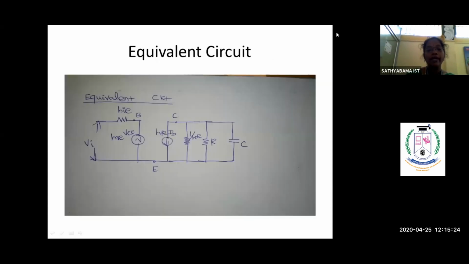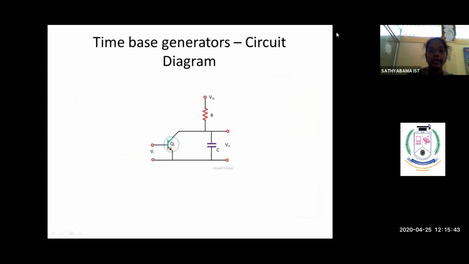For the common emitter configuration, as I already discussed, we need an input side and an output side equivalent circuit. We only need a hybrid model. What is the reason? Because it has a mixed combination of both voltage source and current source. So on the input side, we are replacing the entire CE transistor with Thevenin's equivalent circuit. We need only one resistor and one voltage source to form the Thevenin's equivalent circuit. And for the output side, we need a Norton's equivalent circuit.